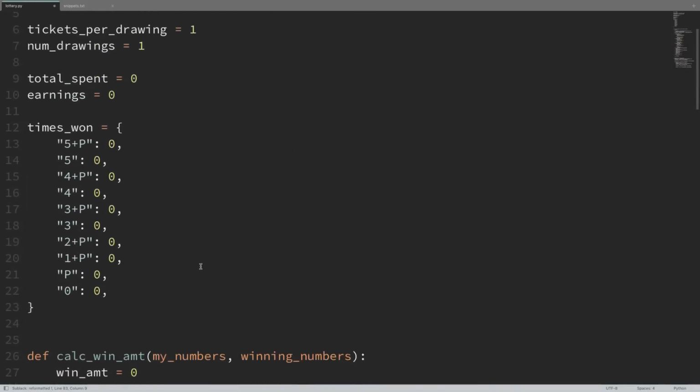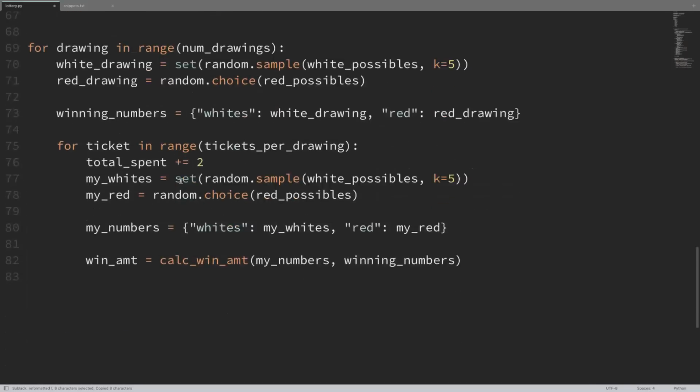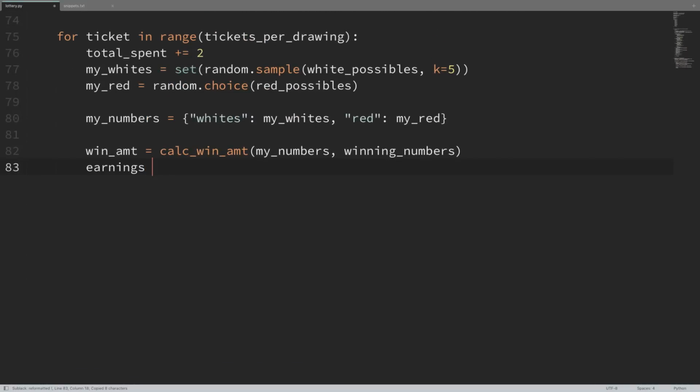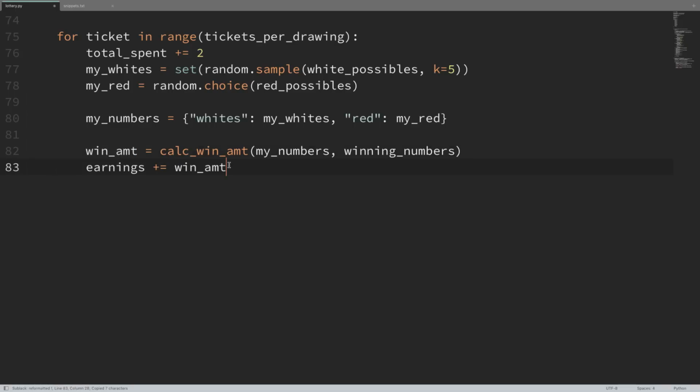Now, if I go up here to my constants, that was earnings. I forgot what I called that. So we can say that earnings plus equals that win amount. And that's basically everything. Now all we need to do is just print out our results and then run some